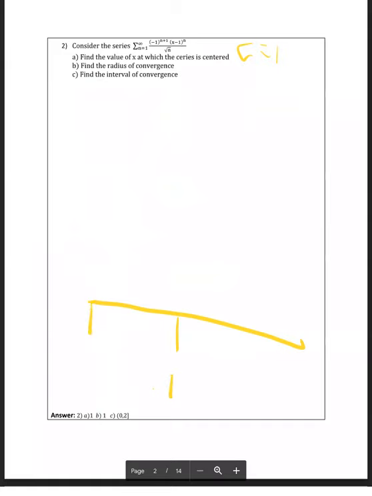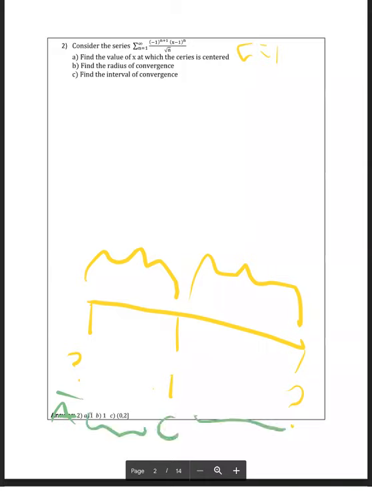We need to figure out what these two values are so that we can find the halfway point. You can figure out what the radius is, the distance between the center and point A, and then the distance between the center and point B. It's going to be the same. So let's